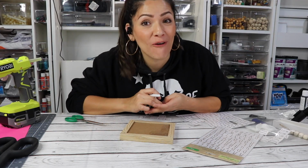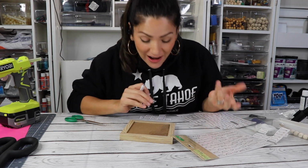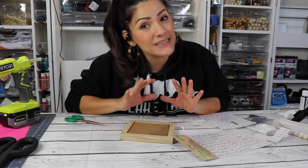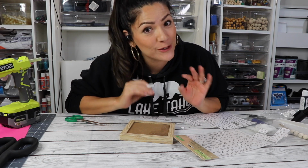I've done this before, okay? I've rubbed on the transfers. I cannot figure out how to do it. It's not working. Okay, I'm gonna tell you guys, I had like 5 setbacks just within these few little DIYs,